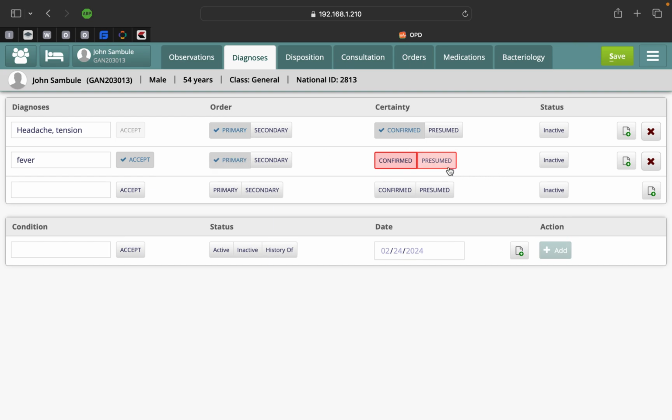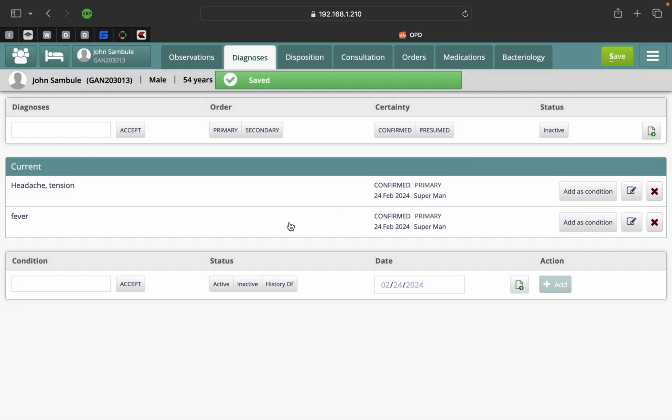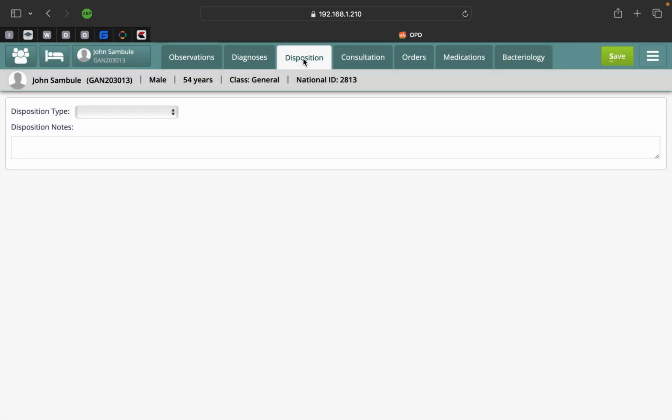Yeah, I got confirm. After we finish putting diagnosis, we can put condition, you click on save, right? Same thing to this one, disposition, you can populate, like where you can decide to admit